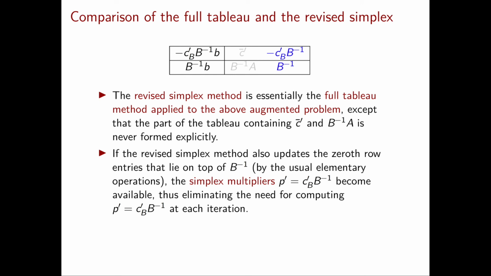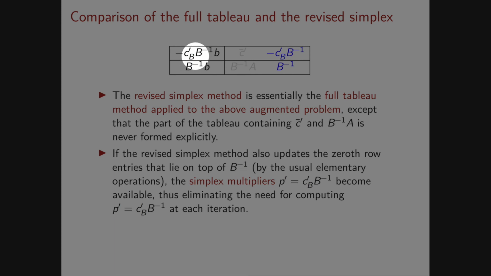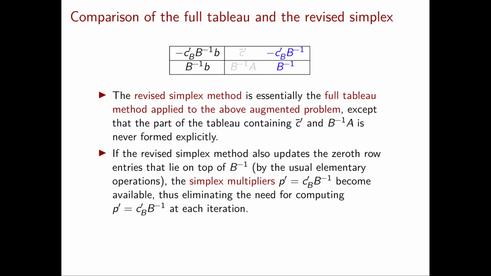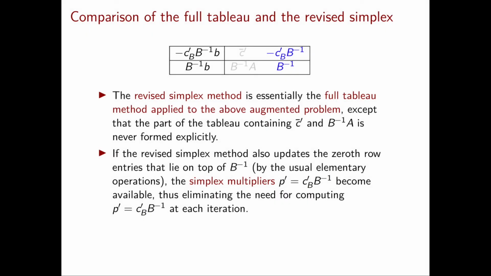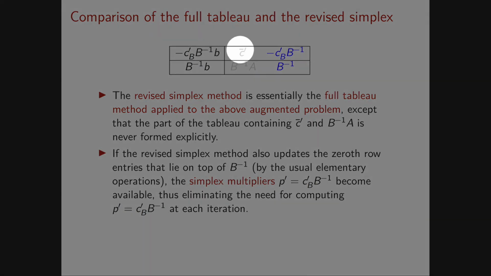And now we're going to see how we can visualize also the revised simplex method on this extended tableau. Now, in every iteration of the revised simplex method, of course we calculate the 0th column, because B inverse b contains the values of our basic feasible solution, while this is the cost of the current solution. On the other hand, in the revised simplex method, we don't explicitly construct this middle part of this extended tableau, but instead we explicitly construct B inverse on each iteration.